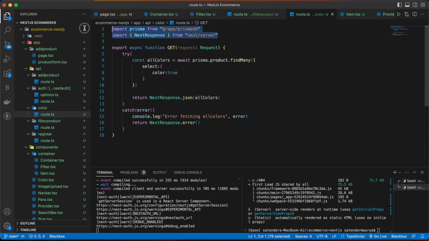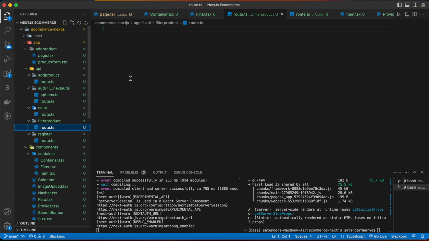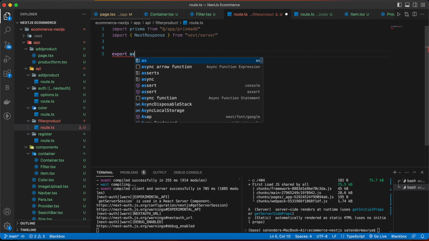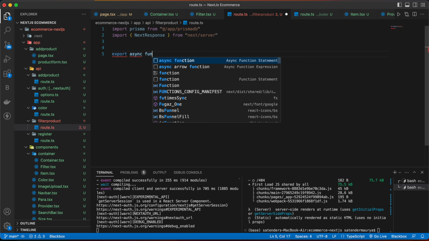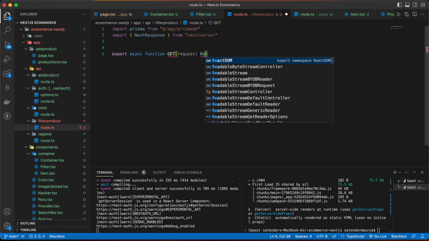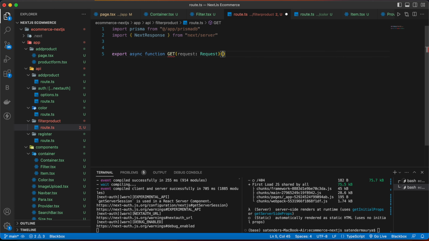So go here and copy that from here, paste, and below that we are going to write export async function with GET request, set up the try and catch block.